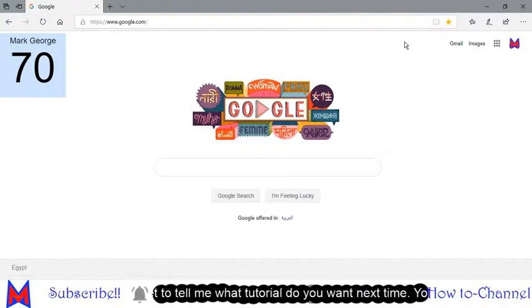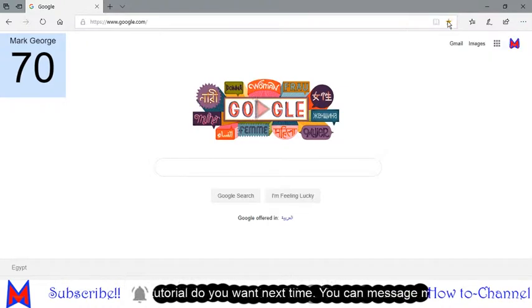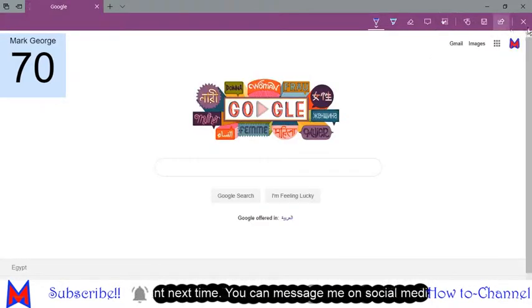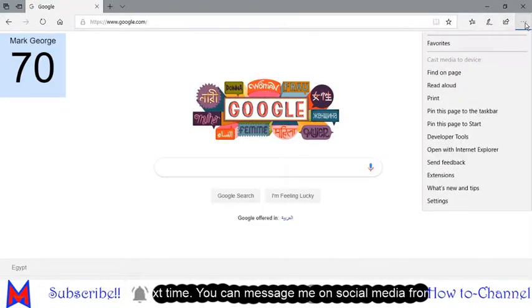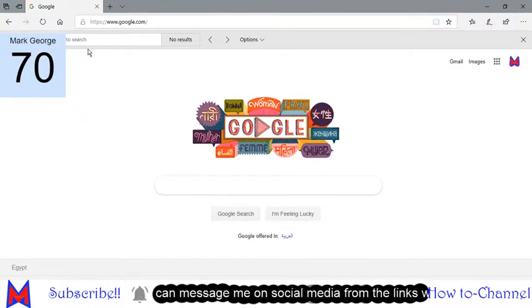Second, we have this read aloud, which we have here. And third, we have this, which is the add notes, and we have all of these, as we said. One thing I didn't say, but it's in the legends, is find on page. So let's say we want to search I'm feeling lucky. So we write here I'm